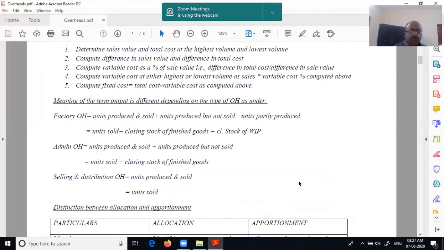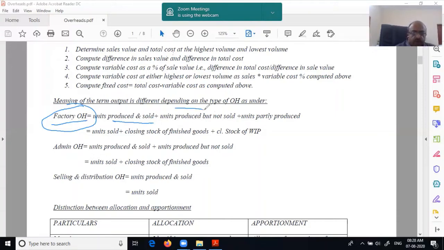Now, one of the important things that you need to understand is the meaning of output in each of these situations, because again we refer to cost sheet. That is, what is a factory overhead? Something that you have produced and sold, has it gone through factory overhead? In your cost sheet, remember. Yes, because otherwise it will not be sold. For production, your element of factory overhead has to come there.